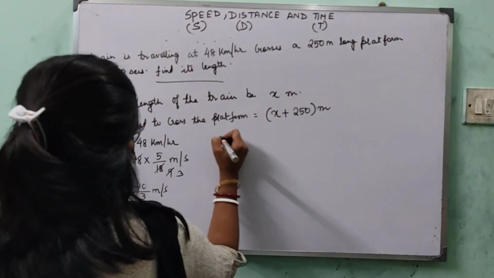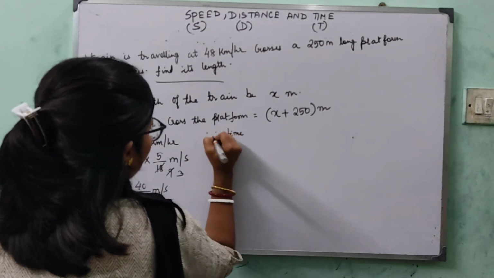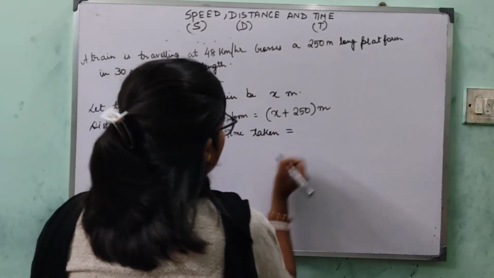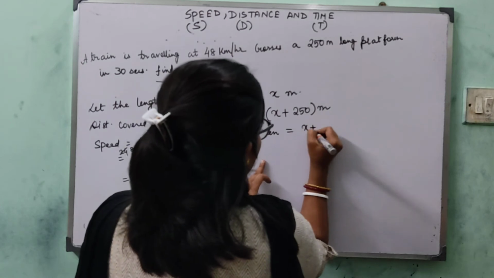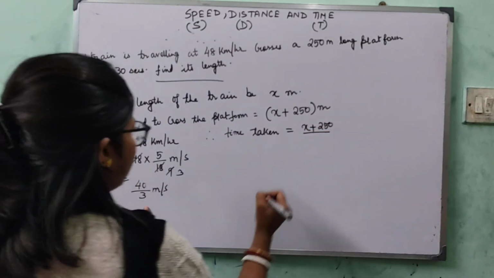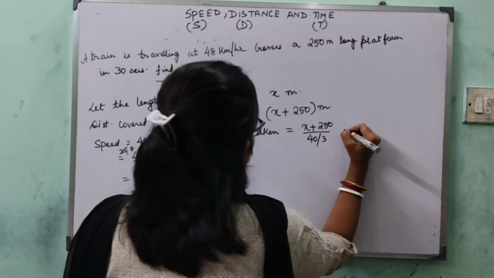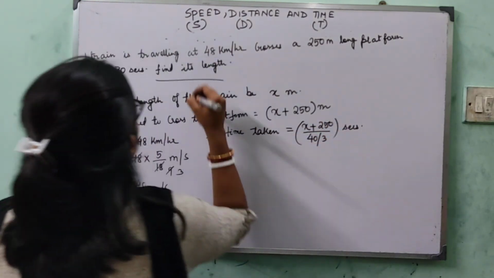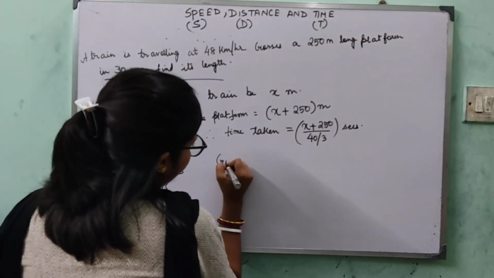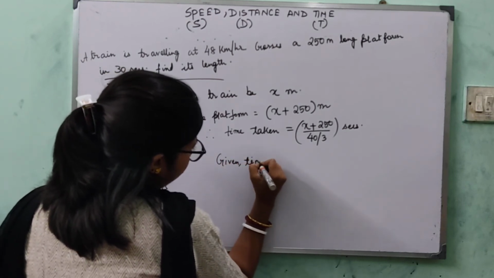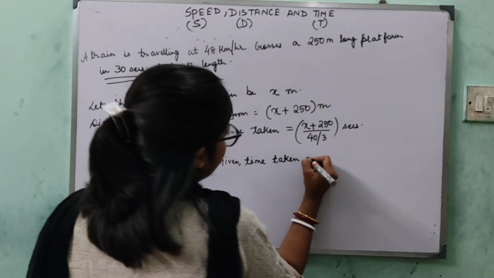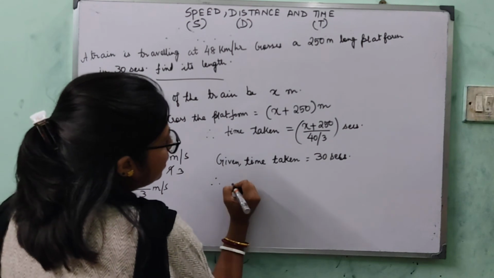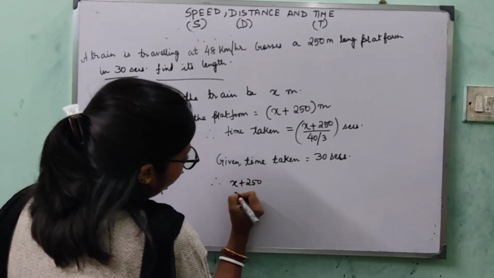Now, so what is the time taken? Therefore your time taken will be, accordingly, x plus 250 by 40/3, this much seconds, that is the time taken. Now we have been given the time taken also. What is the given time taken? That is your 30 seconds. So therefore I can say that x plus 250